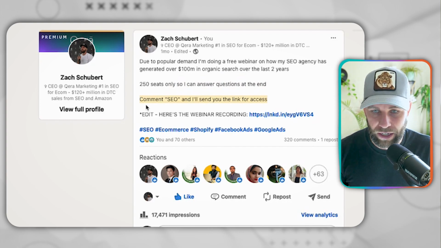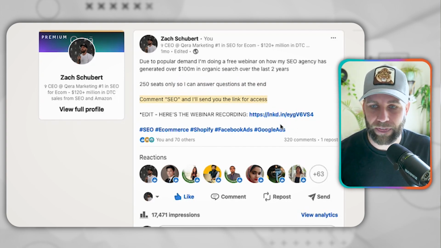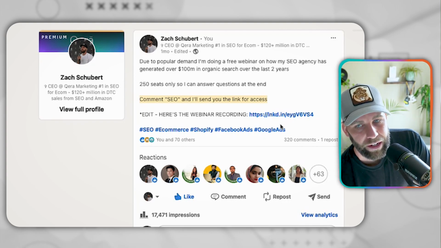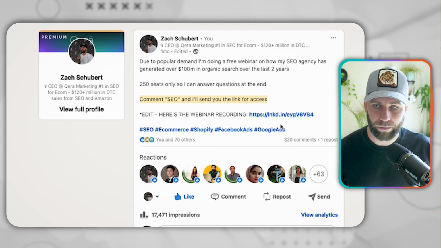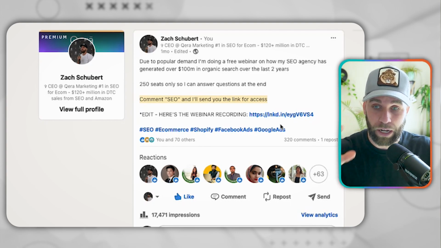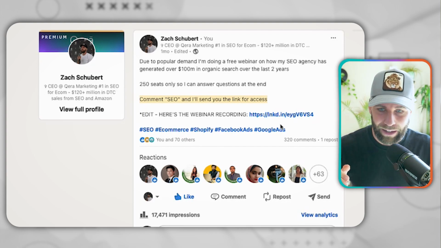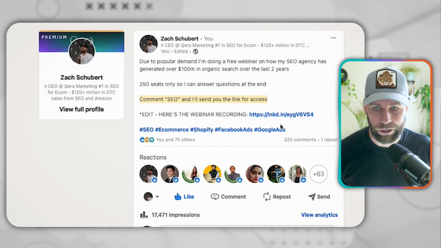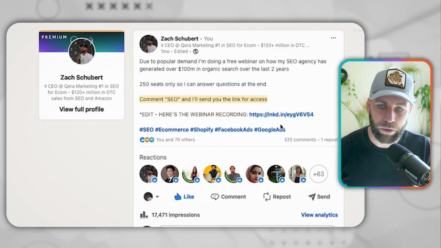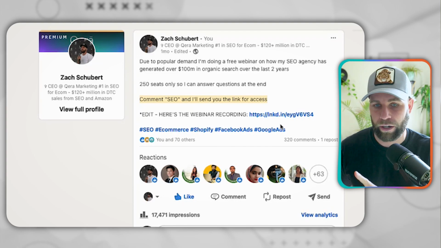Now, this is key. We could have just put the link right here and had them sign up through the post. But if we did that, we'd be taking people away from LinkedIn, so LinkedIn obviously doesn't like that very much. They want people to be on their platform. At the same time, we wouldn't be drumming up any engagement because people would be signing up for the webinar, and then they probably wouldn't be liking,